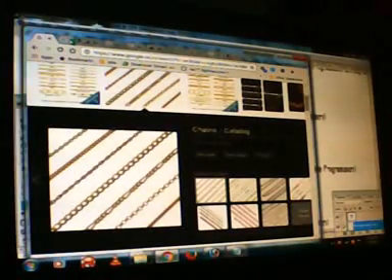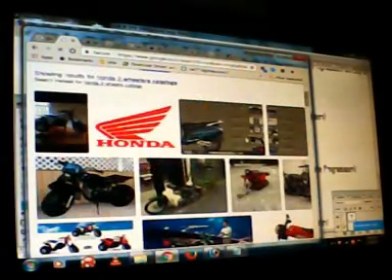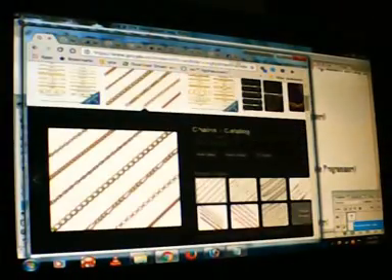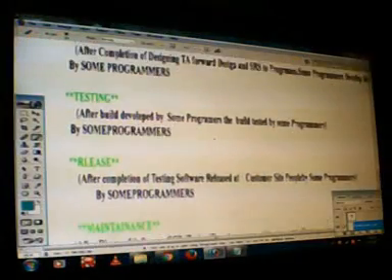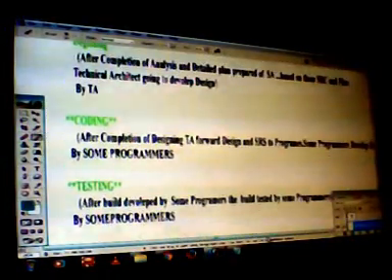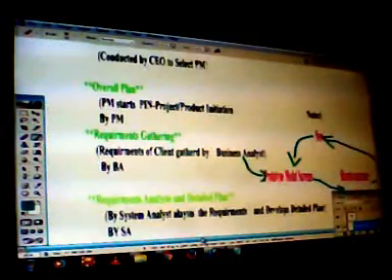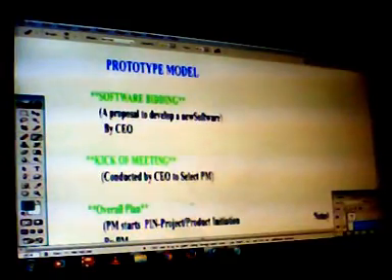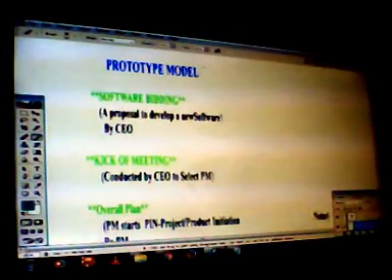A few more examples regarding these prototype models, screenshots: this is one of the catalogs. When purchasing a two-wheeler vehicle, if you go to any showroom, they show some catalogs regarding those two-wheeler vehicles like this. This is one of the catalogs. This is how the model screens will be. In the software field, the catalogs will be in different ways. This is about the prototype model.